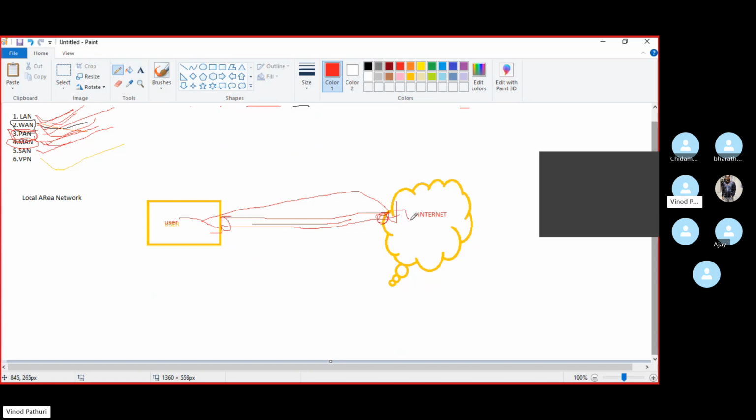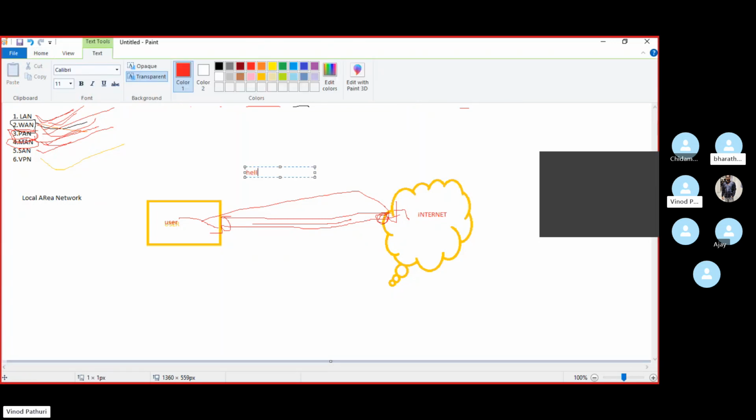So you know what is meant by encryption and decryption, right? Encryption means your data will be transformed into something like ASCII or binary data. Suppose you are sending a hello message, maybe it will be transformed into something like this.